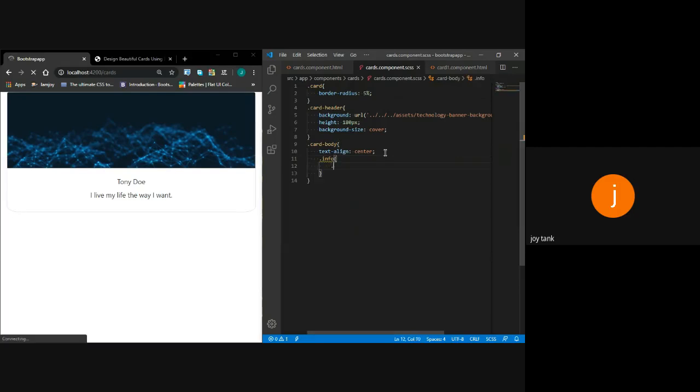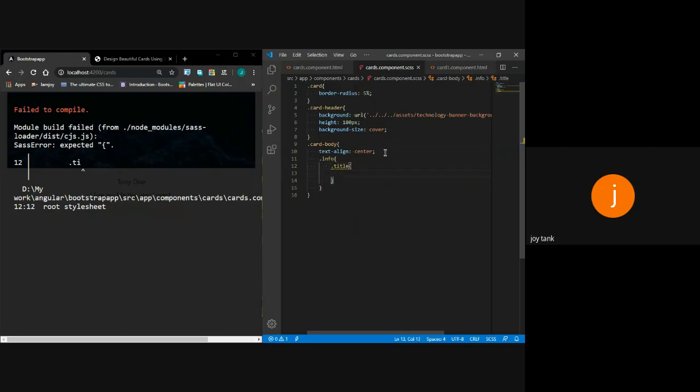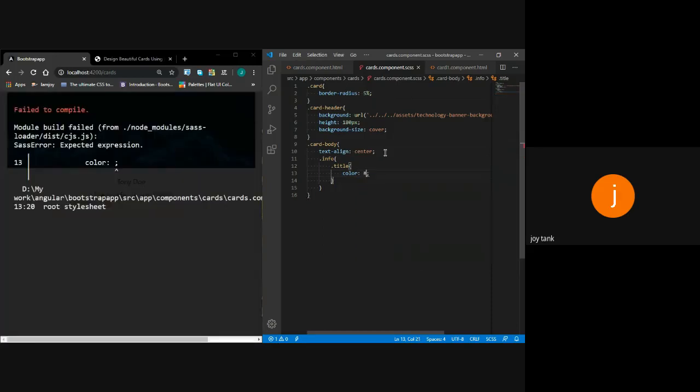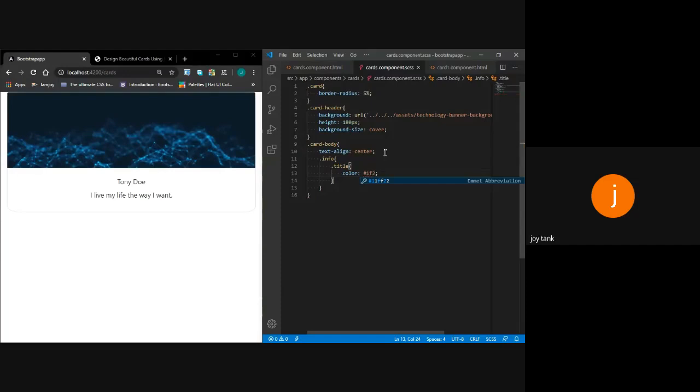Within that info, I will create a title class and assign some color to it. I will set the color value to 1F2B41. So you can see that the text appeared in this color.